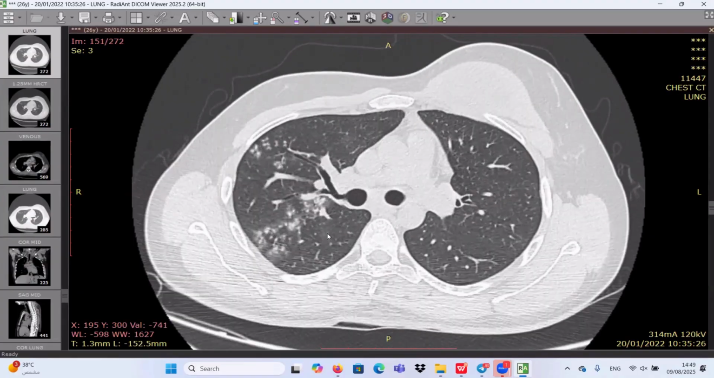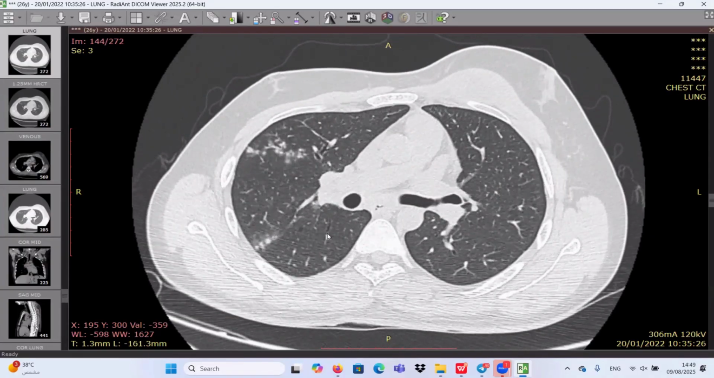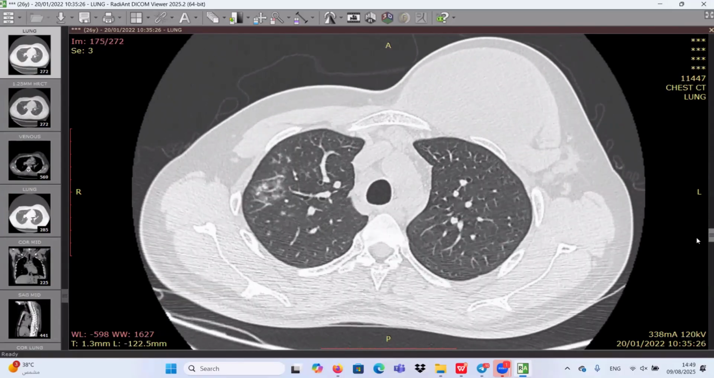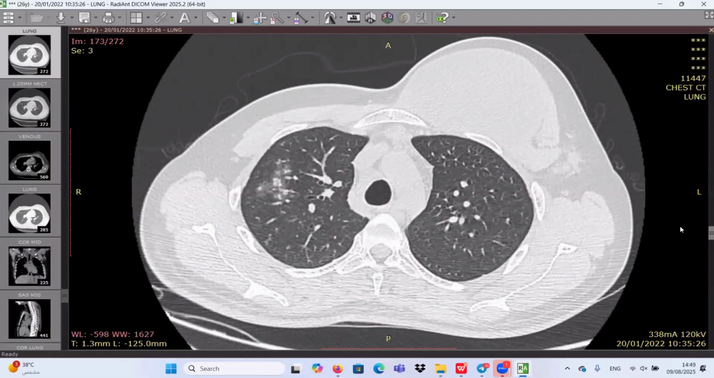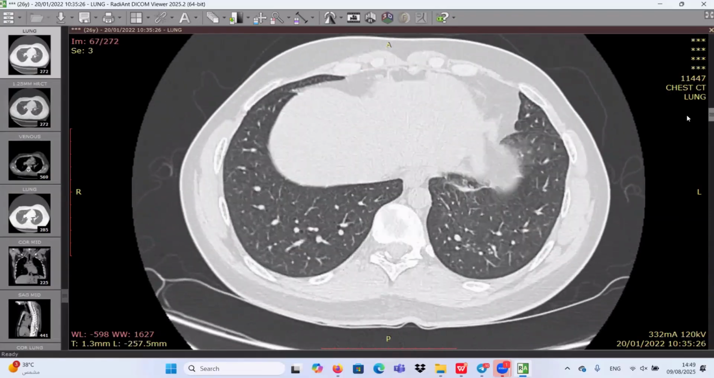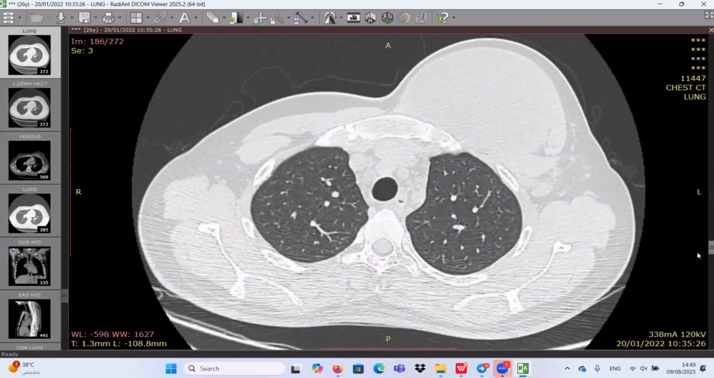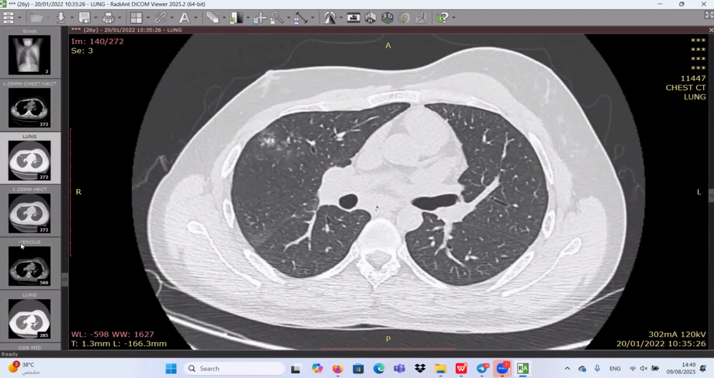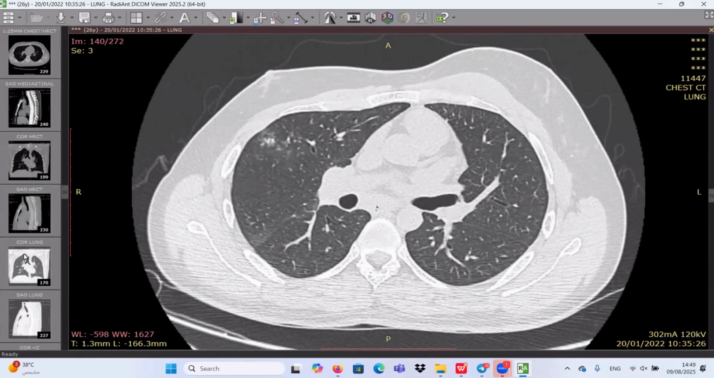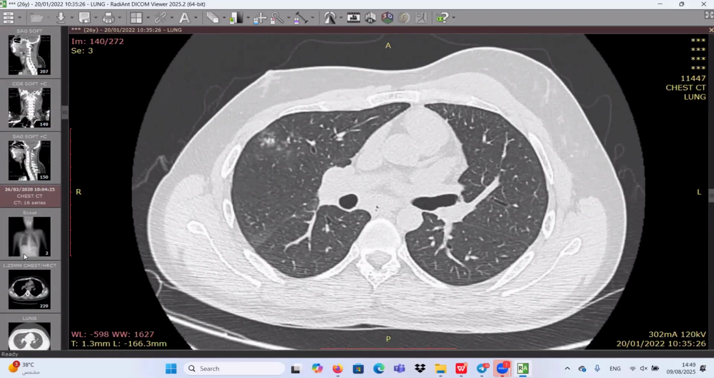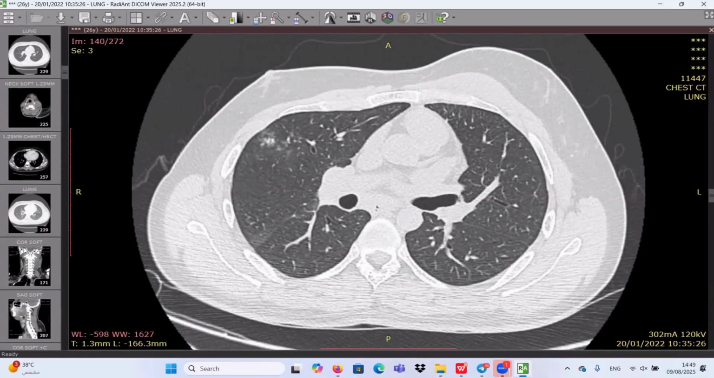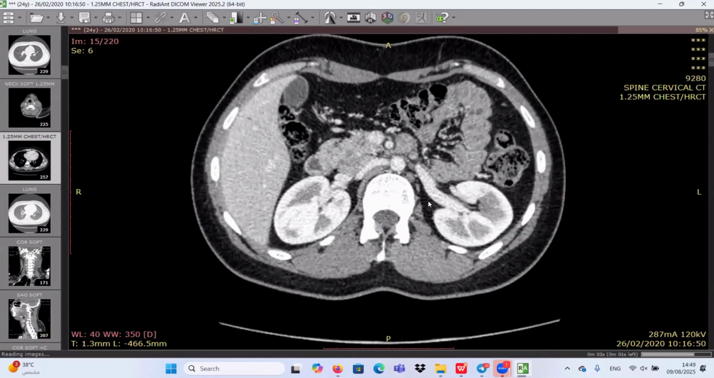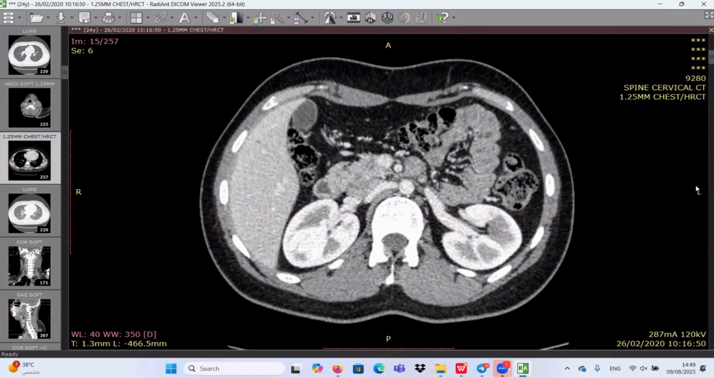We have other causes of tree-in-bud, but in this case we have acute infectious bronchiolitis with transbronchial spread. And this case was pathologically proved to be cold abscess and active tuberculosis infection. I would like to add something here in this case. You should also search for any previous studies. And when I searched for any previous studies for this case, I found this